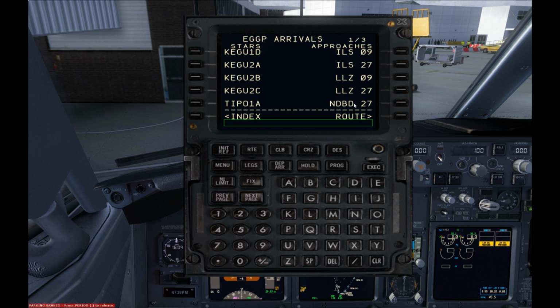Then you have a choice. You have all the navigation approaches, which is the ILS, which is Instrument Landing System, onto the certain runways. You've got NDBD, and if you press next page, you've just got normal, so you can be backed in, things like that. Okay, so we're going to choose ILS 27 today, and our last waypoint, if we remember,